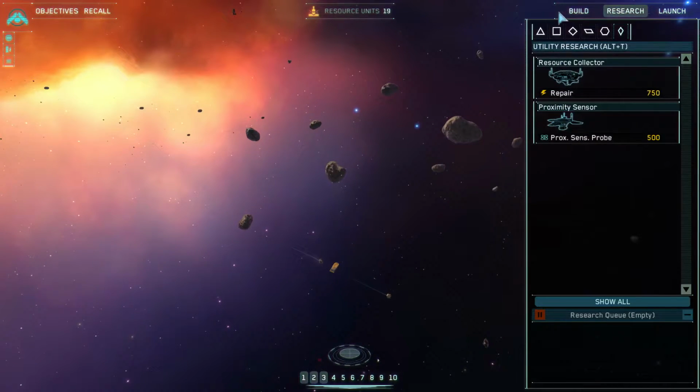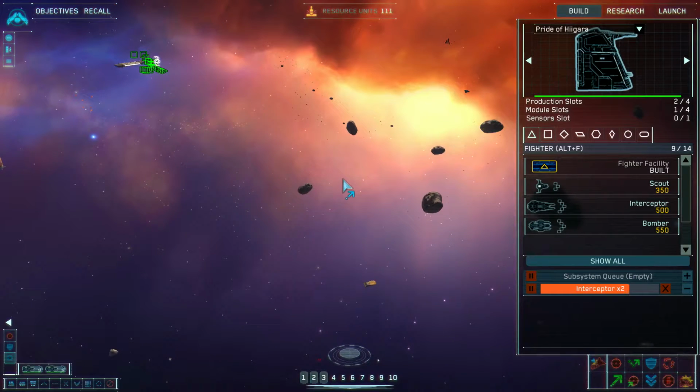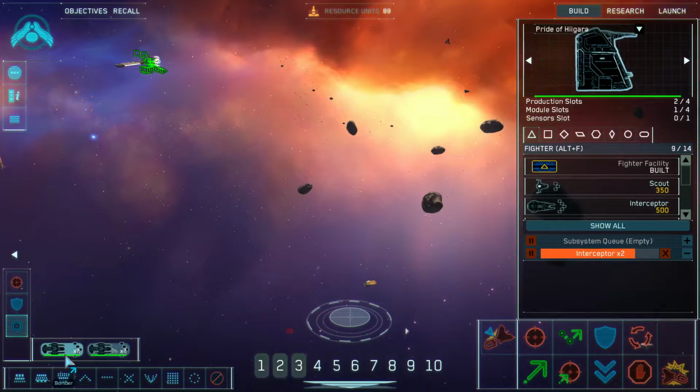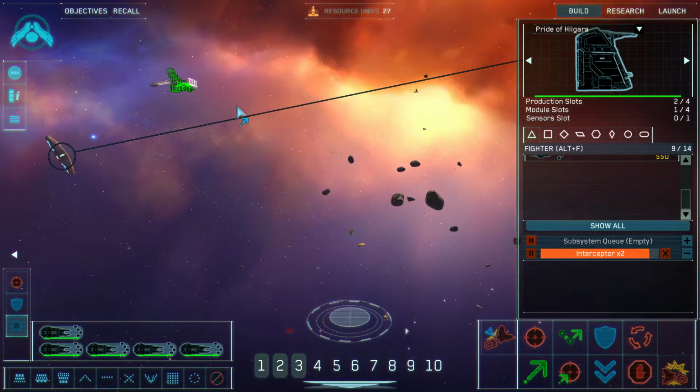We don't have any more research, which is helping. And it's only just interceptors we're waiting to build now. How many bombers do we have? We have 2 bombers and 2 elite bombers, so what I'll do is